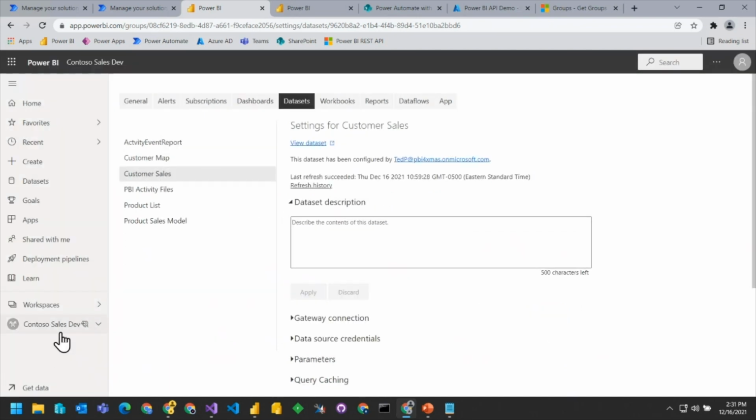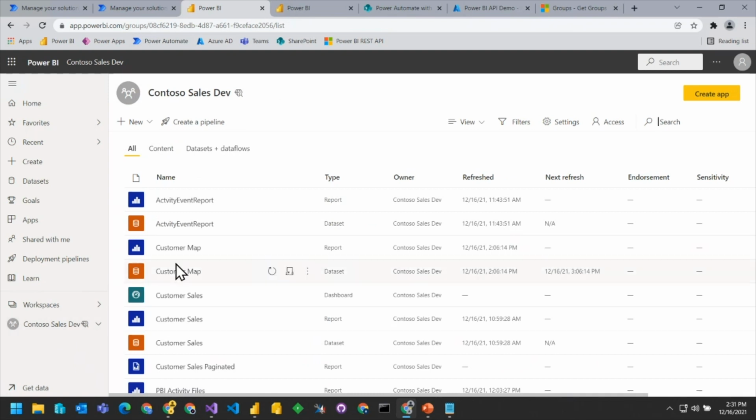Now, one other thing, let's go back here and let's kick off a refresh through the UI. So I'll go ahead and kick this off. And the idea is that this is running. I can have a scheduled refresh, but what I want to show is that we can look at the refresh history. We can look at the data sources behind. So, as this is